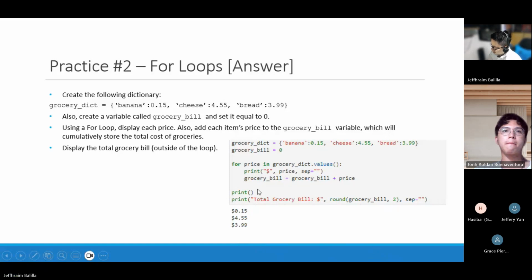With respect to your question, this would update the grocery bill, the running total, but it would not show it until the for loop is completed and goes over the print line at the bottom. So that's what happened here.